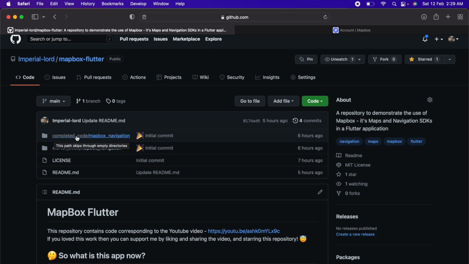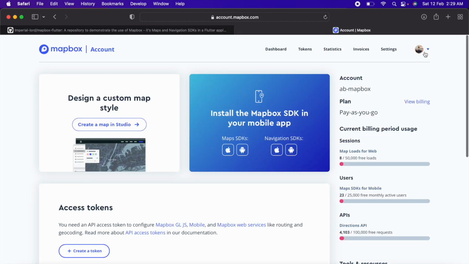You'll have two folders here. One is completed code and one is starter code. So the starter code is the one which you should be using. You should clone the repository and then you should open this particular folder. Now, before we can actually start writing code, we'll have to run the starter code. So for that, we'll need to do some initialization in the code, and those initializations will be done in basically 5 steps. So the first step that we have to take care of is actually creating our own account in